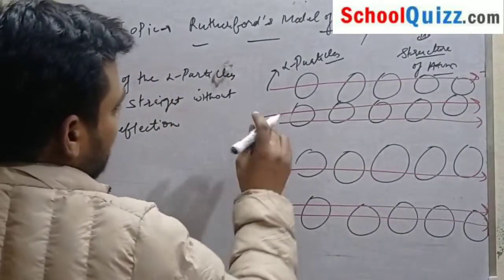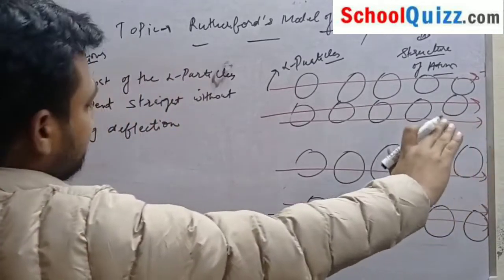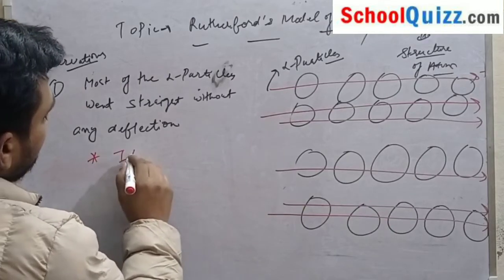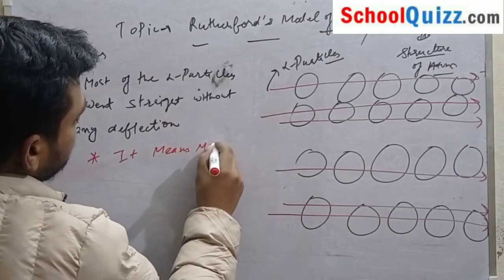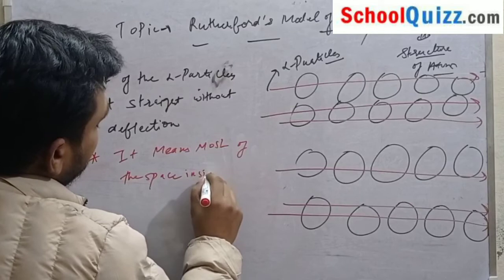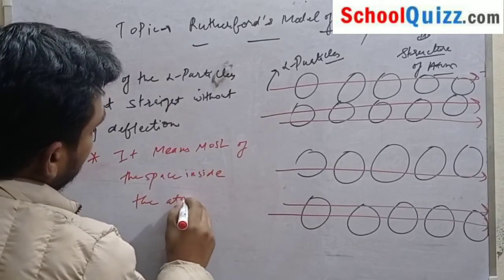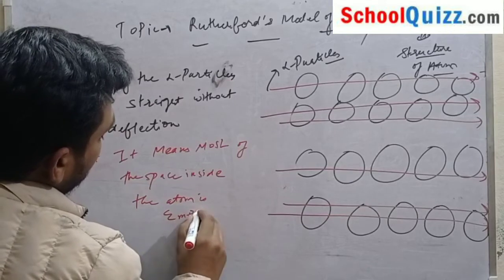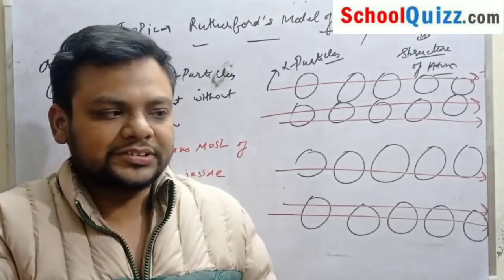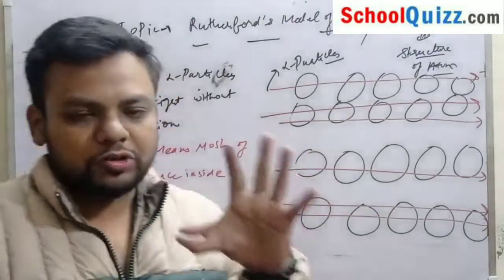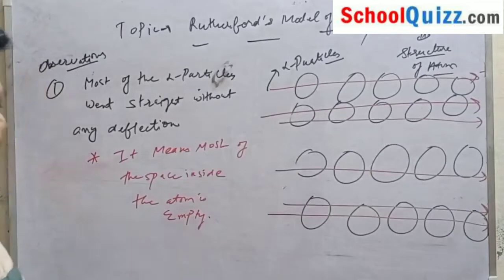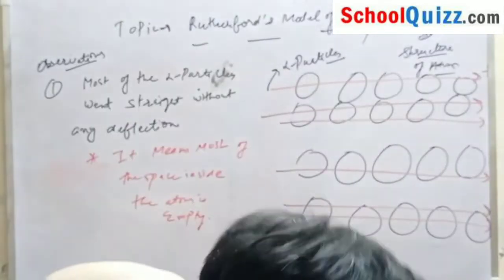What it shows is that if the alpha particles went straight without any deflection, it means most of the space inside the atom is empty. That is the first observation, and the second observation is